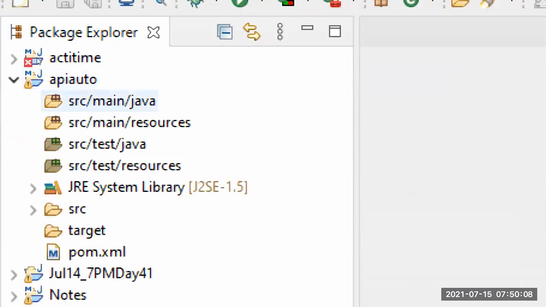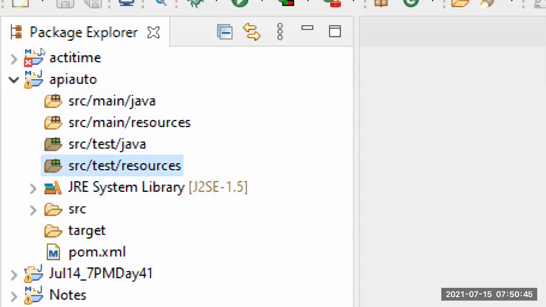This Maven Java project has got two things. One is main, second one is test. Main is used for development purpose. Test is used for testing purpose. Testing in the sense it could be unit testing also. I think you might have heard about white box testing, right? That can be, or I can put my automation script like Selenium code, or my API script, anything I can dump it here. Again, in the test, two folders, Java and resources. Java is for storing the source code, where we write our program. Anything other than this, which is supporting files and all, we can store in resources. That is the best place.